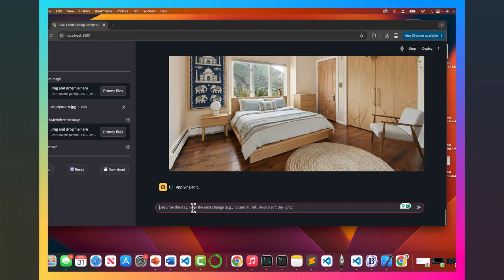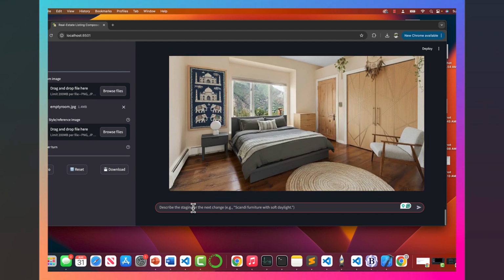So let's see what it does with the furniture coloring this time. So as you can see, it is changing the furniture color also to start with, matching with this. This particular color hasn't changed, so we can ask it to edit further,